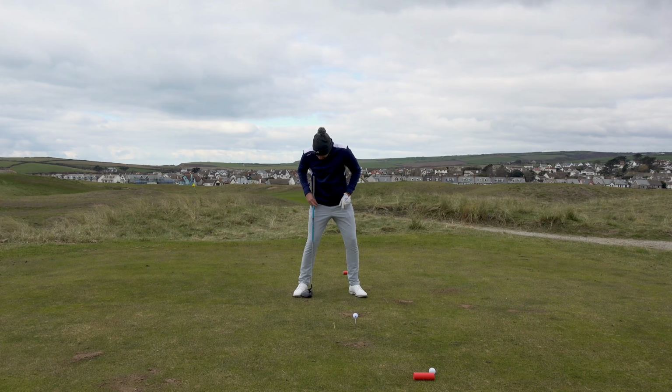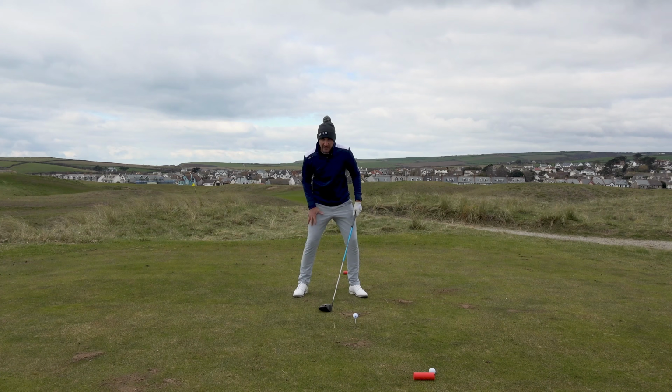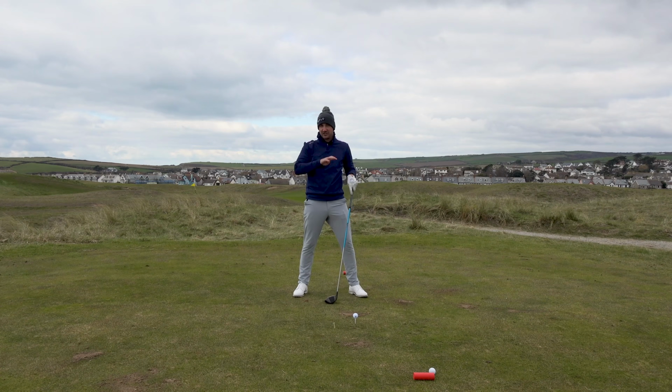I've got my trail knee inside of my trail foot, and I've got my big toe locked into the ground. Okay, that's solid. That's a solid foundation that is not moving. And talking of foundations in the setup,